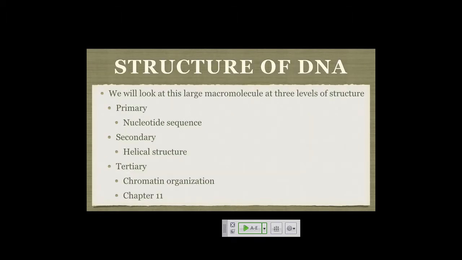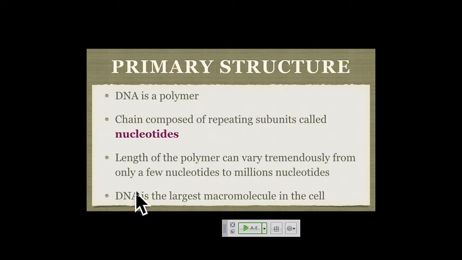So they put this story together, and what we'll do is I'm going to show you some of the pieces and show you at the end how they took data from several different laboratories and came up with this double helical structure. As I said, we're going to talk about the primary structure, which is just the nucleotide sequence. The secondary is the helical structure, and then chapter 11 gets into chromatin organization and higher levels of organization. Most of this you should have some level of familiarity with. I'm trying to bring everybody to the same point, and I will be emphasizing those parts of the molecule that are important for what we're going to be talking about.